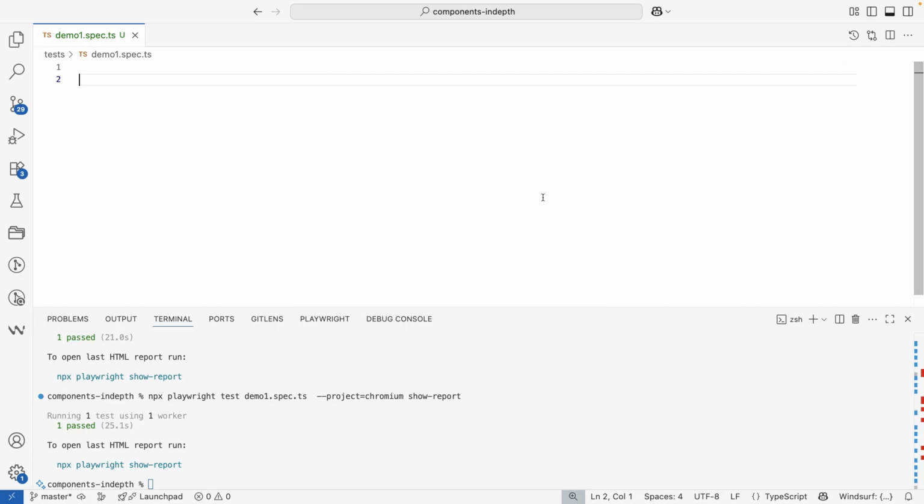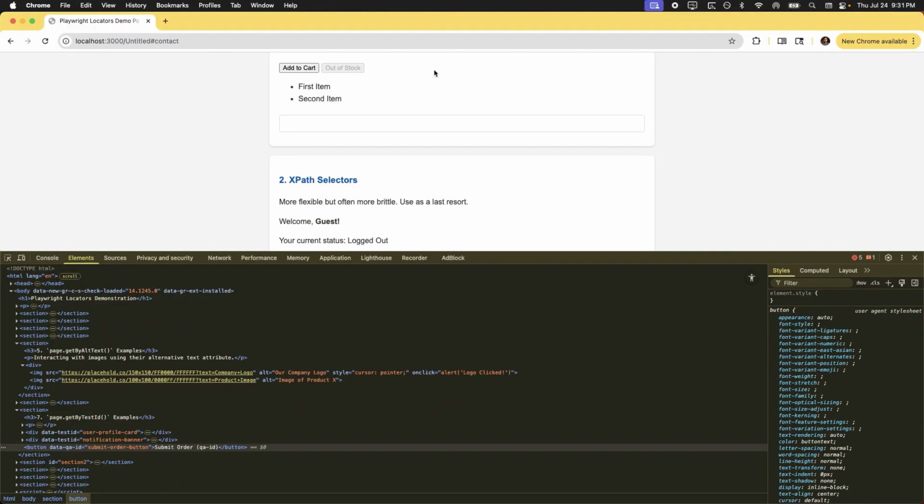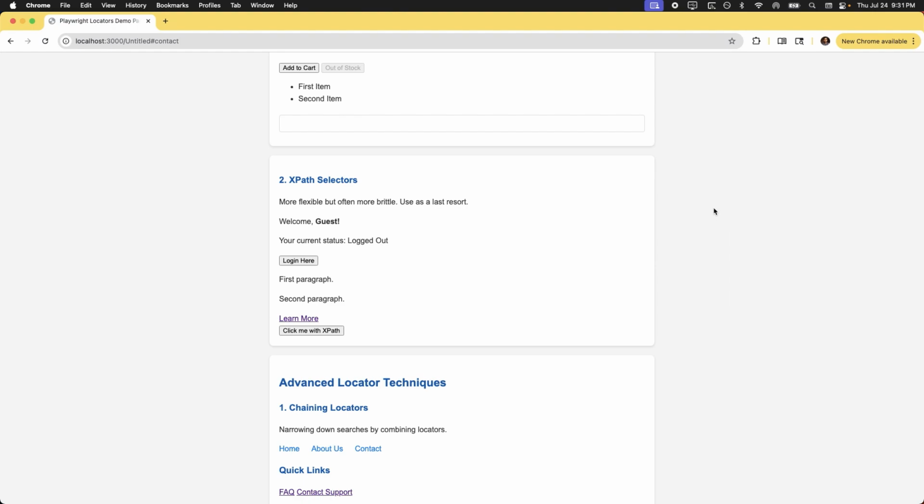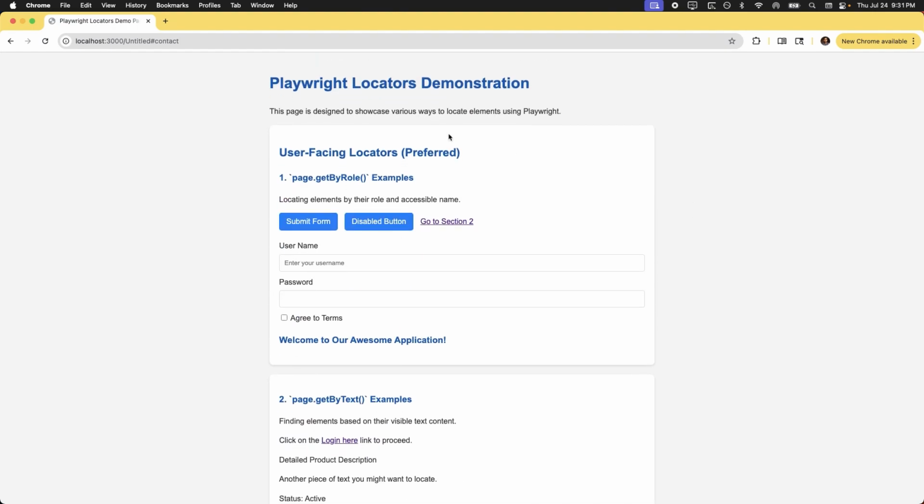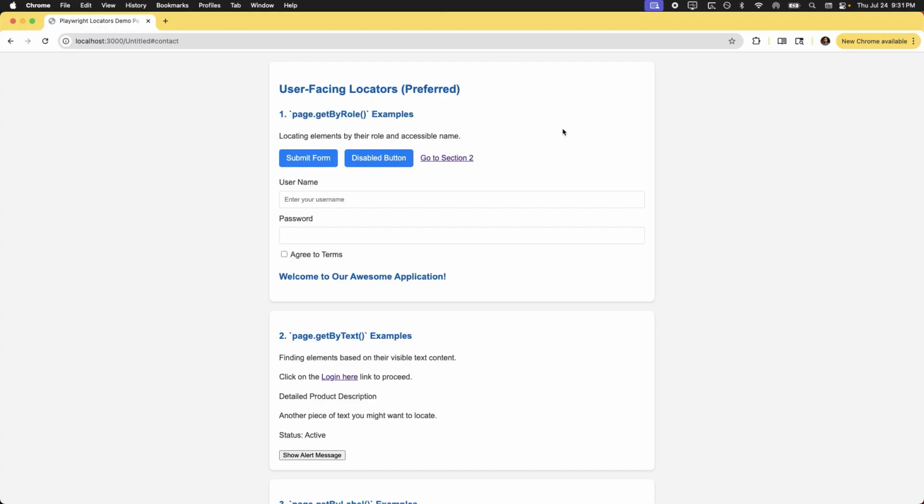So just like last time, we will be using the same locators demo HTML, which, you might remember, is the example HTML file that is running on my local machine. So let's take a look at the first locator in this video, which is